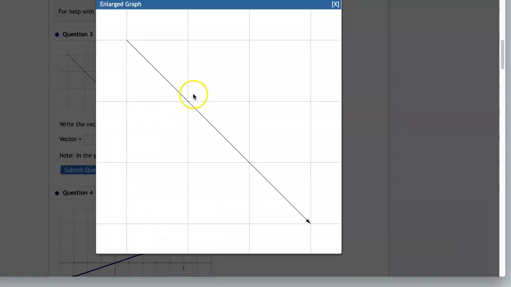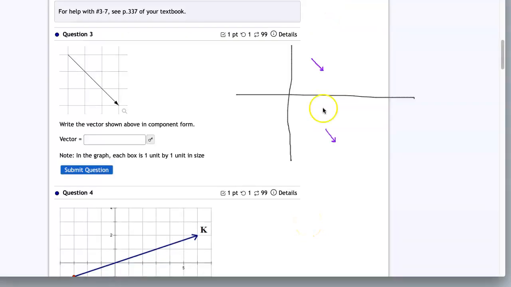So if we don't even know where the x and y axes are, how can we write this vector in component form? Well, you may recall that two vectors are going to be the same vector as long as they have the same direction and the same magnitude. So it really doesn't matter where a vector begins or where a vector ends. What matters is the length of the vector, the magnitude of the vector, and the direction,